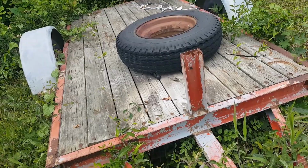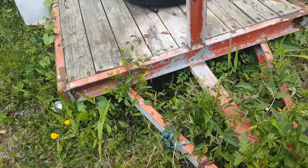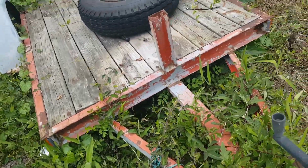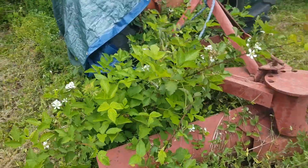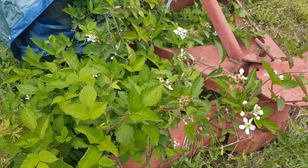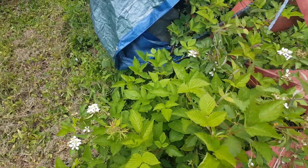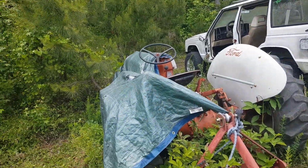Well, there was... did I cut it down? I must have cut it down. But there was one right around here. I must have mowed it. Might have been on the side. I thought it was growing up out of the trailer hitch. Nope, it's growing up out of the tractor here. There's one of them blackberry bushes just sprung up where I parked the tractor over it. So it don't take long, and they come right on up. But anyway,